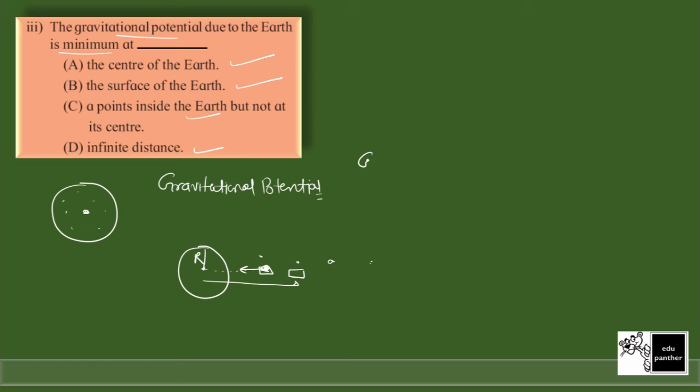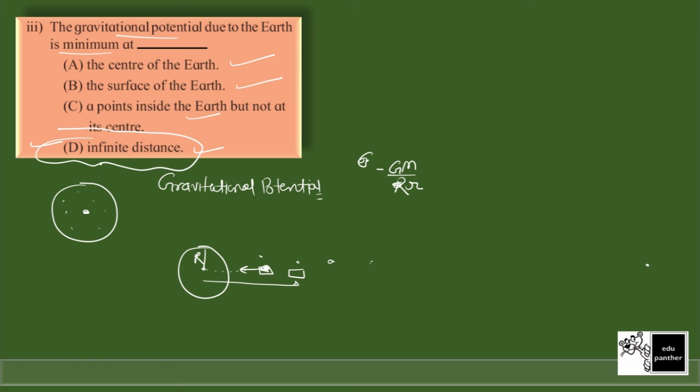फॉर्मूला फॉर पोटेंशियल इज व्हाट? दैट इज माइनस जी एम बाय आर. And exactly at this infinity it will be 0. ये small r है. At infinity it will be 0 because if the object is at infinity, so definitely earth उसके ऊपर कुछ work नहीं कर पाएगा, उसको अपनी तरफ attract नहीं कर पाएगा. So the answer should be at infinite distance.